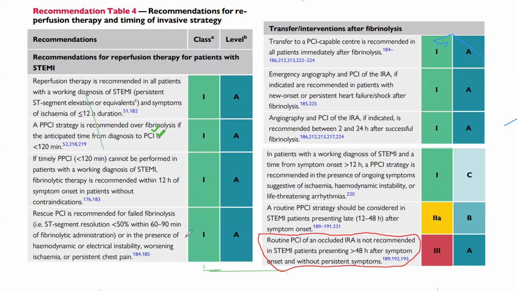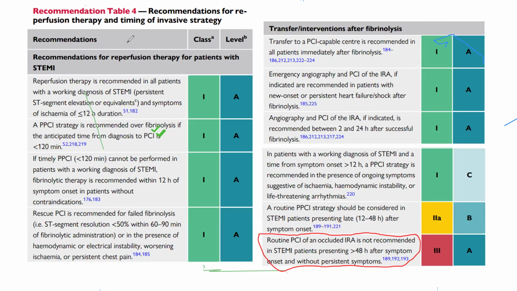Okay, so this is what I need you to get, because the description you've given sounds like anybody who sees a patient and says, oh, I've looked at the ECG, he had STEMI 2 or 3 days ago, and it's fine now, so he doesn't need to go for PCI. But I'm telling you that is not actually what they are referring to. What they are referring to is that if somebody had MI 2-3 days ago and is presenting, the patient should still go for PCI.